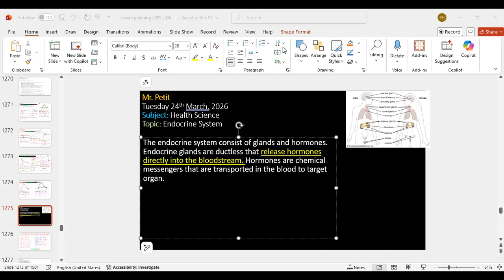All right, so now we're going to talk about these glands and what they do. Let's talk about the hypothalamus. Like I said, the hypothalamus's job is to boss the pituitary gland around, always trying to tell it what to do. What the hypothalamus does is produce GnRH, and what GnRH is, basically, we call it